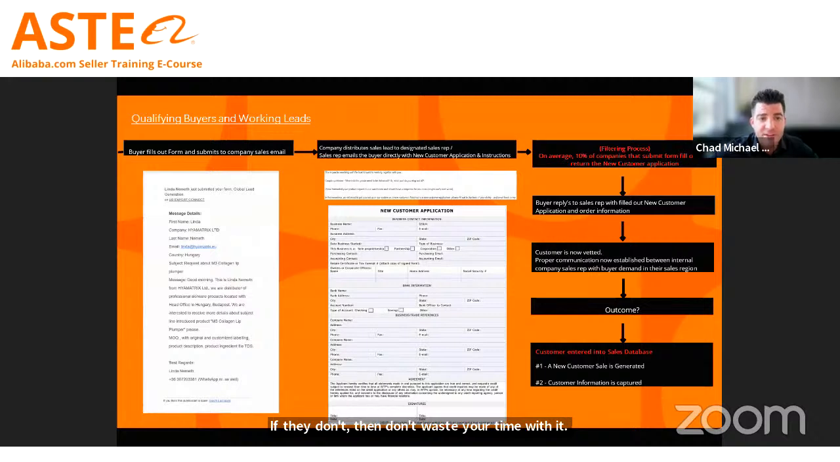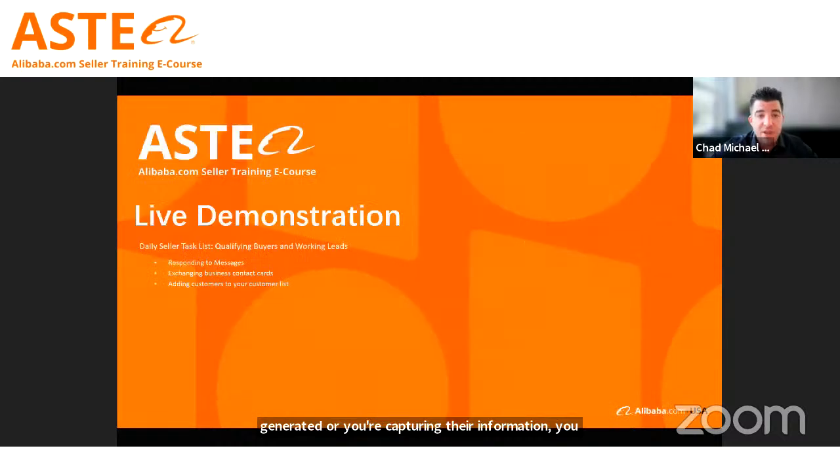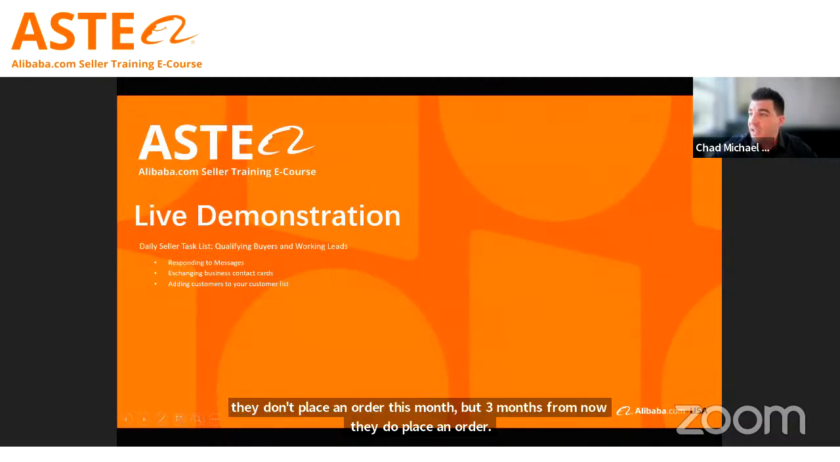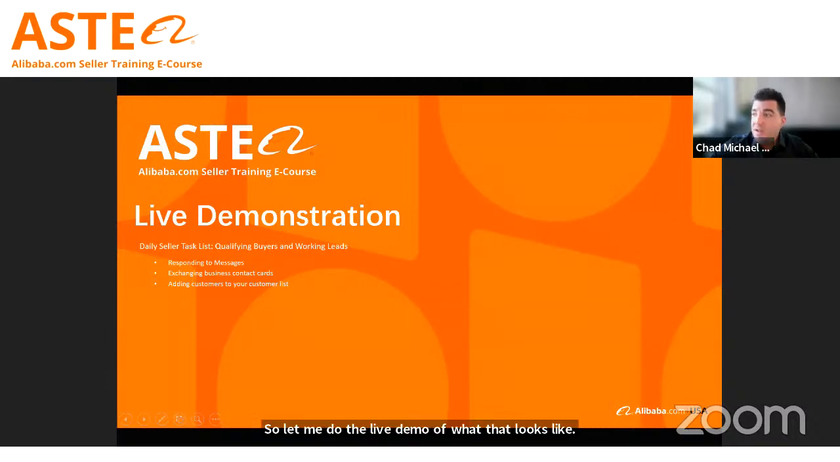So the buyer fills out the form and submits it. Either one of two things happen, is basically what I'm trying to show with this graph. Either a new customer sale is generated, or you're capturing their information. You can add them to your email marketing database, and maybe they don't place an order this month, but 3 months from now, they do place an order. So let me do the live demo of what that looks like, because I think it gives a little bit